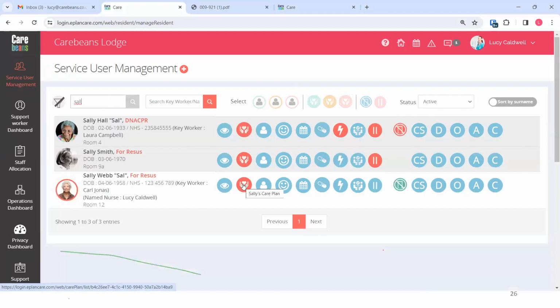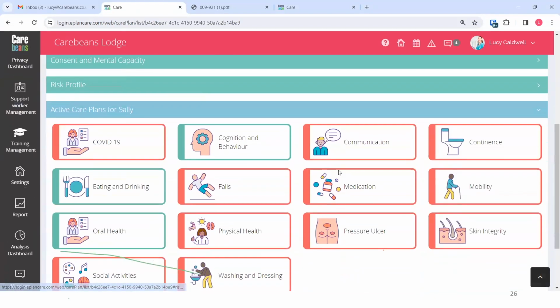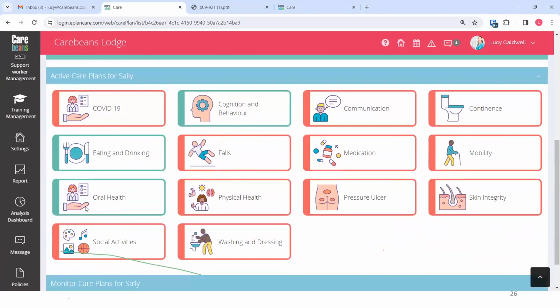And we're going to have a look at what she's got in place. So what I've got here on my care plans for Sally, I've actually created an oral health care plan for her. We've got our 20 standard care plans, and we have a washing and dressing one, so a personal care one. So we could include mouth care in there, but I think it's good to have a separate oral health